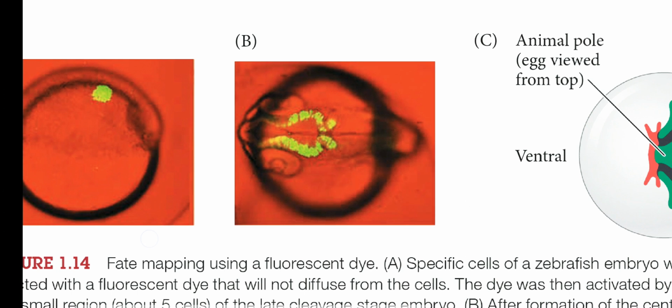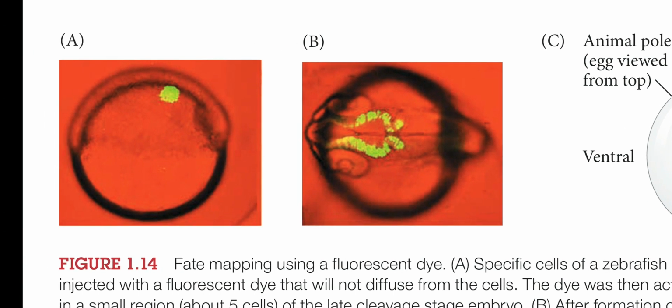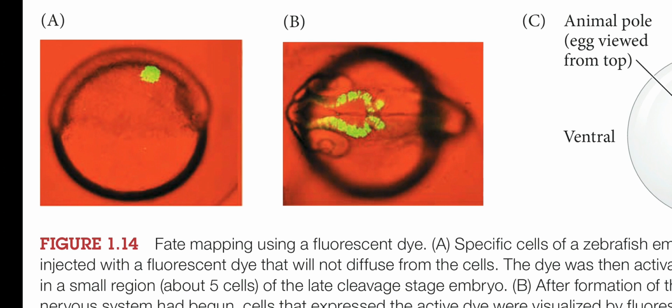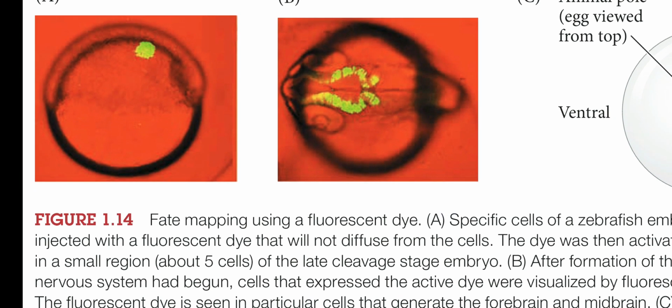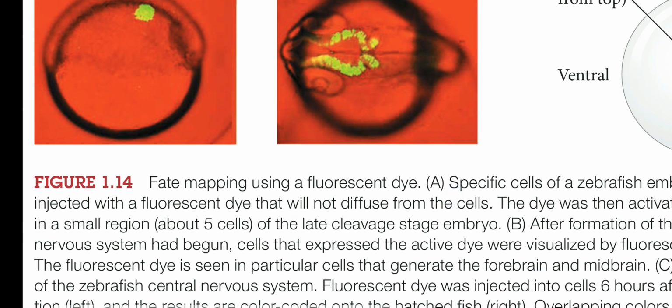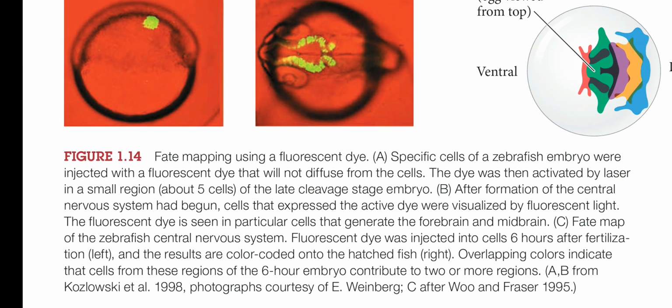In this case you can see in the embryonic stage a particular region where some cells are injected with a fluorescent dye, which is activated by laser treatment, and the further cell division during embryonic growth can be observed by using ultraviolet light to show the fluorescence of that region. The region showing this fluorescence can be taken as a fate map to observe the movement of those cells, or the differentiation of the cells to form that organ from that particular region.